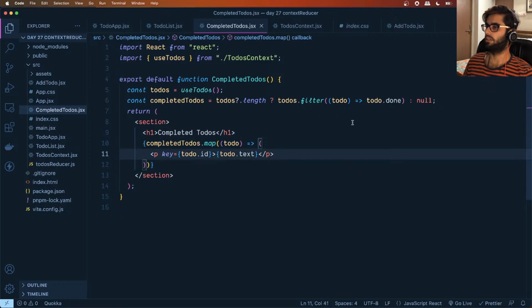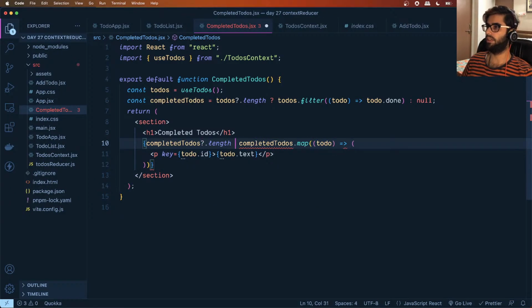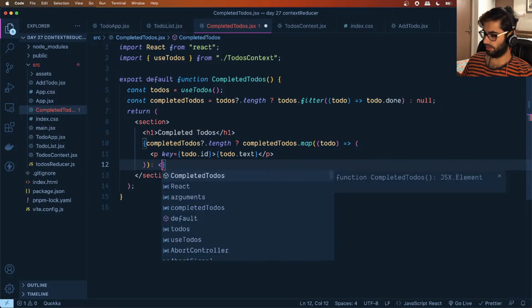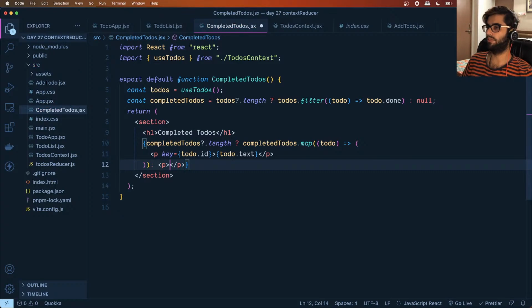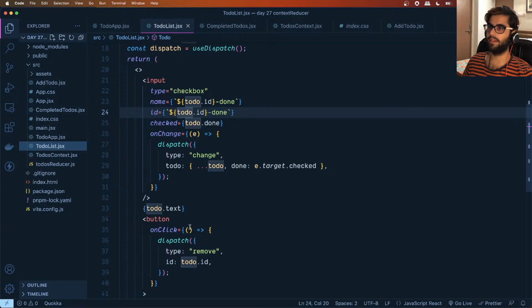Okay, and what we can do here is we can have a conditional rendering. completedToDos.length. If this condition is true, then we display this. Otherwise, what we will do is we will display a paragraph, and here we will say that no to-dos completed yet. Okay, and let's move this component inside the